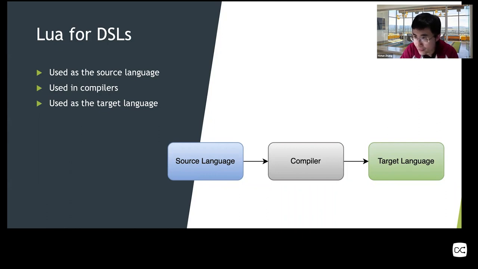One is the input language, the other is the output language, the target language, and also the language used to implement the compiler itself, right? They could be the same, but usually all 3 cannot be exactly the same. Usually 2 of them can be the same, like the input and the compiler, or the compiler and the target. It doesn't make sense for the source and target to be the same, but it still happens in the real world.